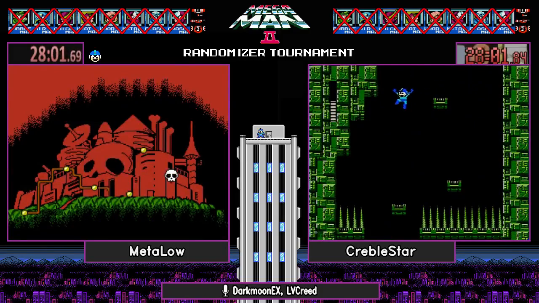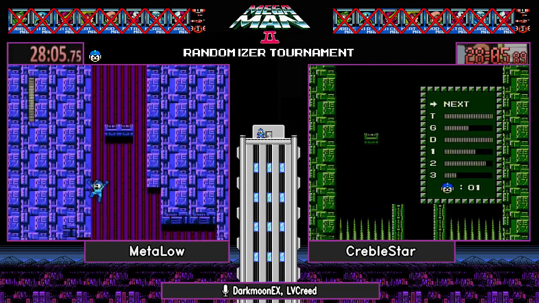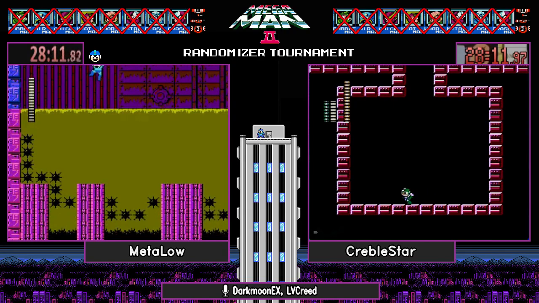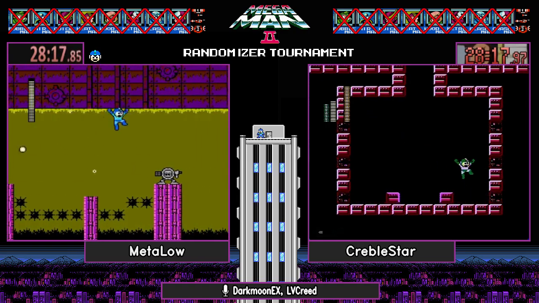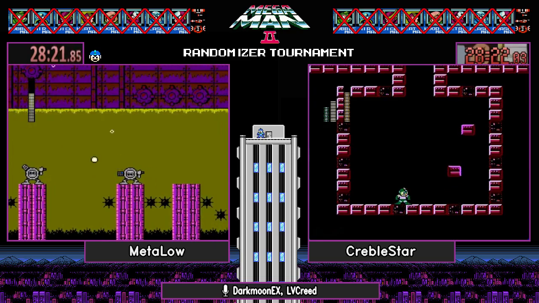I don't know if CrebleStar still had a weapon on screen so he couldn't get to the boss scenario, or he got greedy. Whatever the case may be, when you're in a situation where you're 1 hit away, especially from the Pico units that deal immense amount of damage, you need to use your E-tanks when you think you're in a dangerous position. CrebleStar